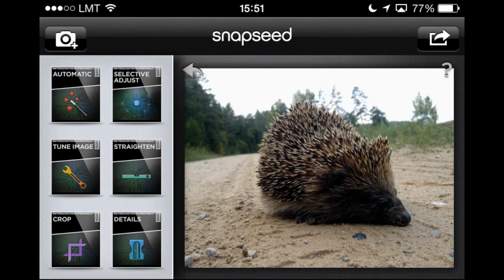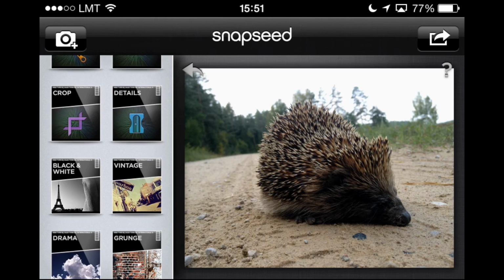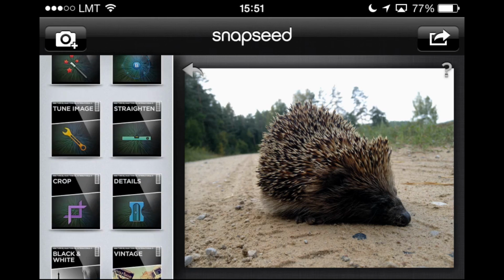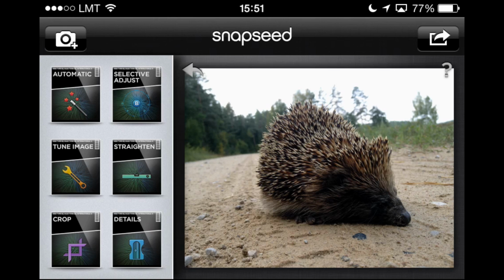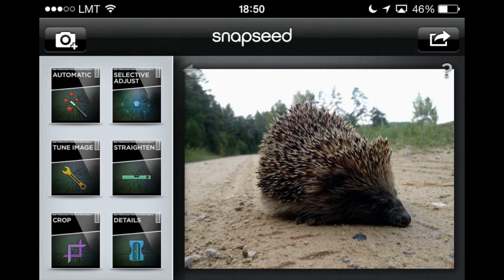And even when this is done, I can still go ahead and select any of the other modules in Snapseed and make further adjustments and then save my changes again into a new picture. And you know what? There is one more thing I want to change in this image, and that is adding more details to it. So if we open the details module on the left,